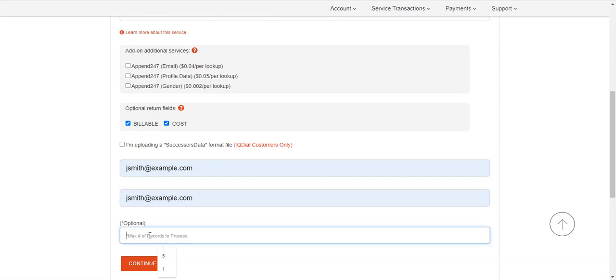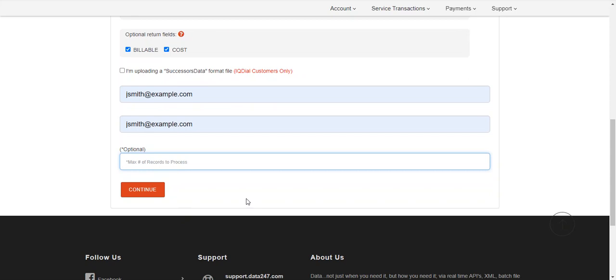This next field, max number of records to process, is an optional field. So let's say you had a large file of client contacts and you only wanted to process the first 1,000 records. You could enter 1,000 in this box and we would only process the first 1,000 records of your file. So now you can click Continue,